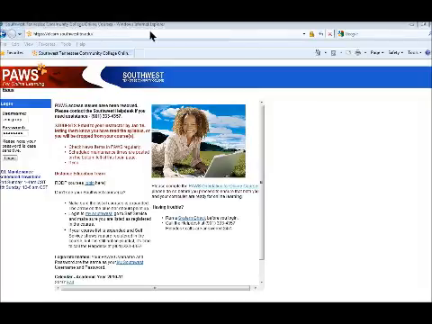You open your web browser. You need to have a computer with a web browser and internet access. I'm in Internet Explorer here and I'm opening my web browser, and you see there is no www. You just go to